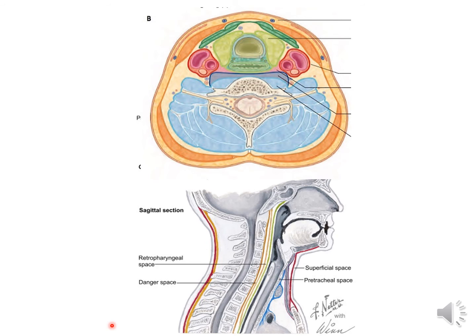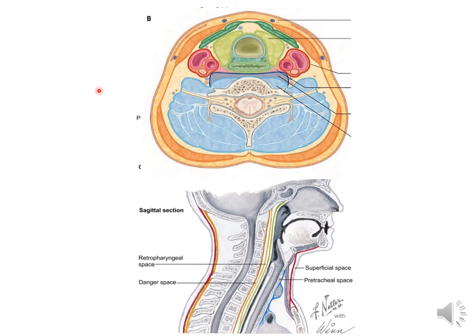The tuberculous infection of the deep cervical lymph nodes will result in liquefaction of the lymph nodes. The pus will initially stay limited by the investing layer, but later on this pus will pass to the superficial fascia, resulting in a dumbbell or a collar stud abscess. So if any collar stud abscess is noticed, the clinician should always consider the possibility of the existence of a deeply placed abscess.